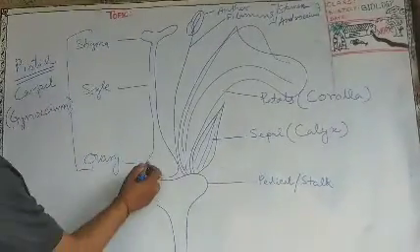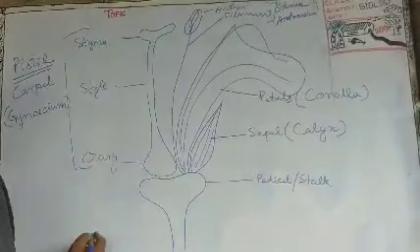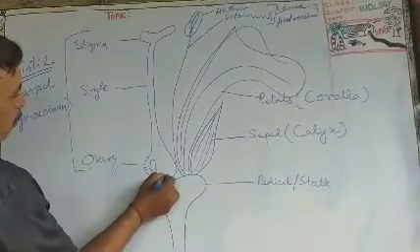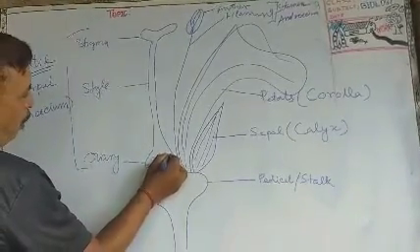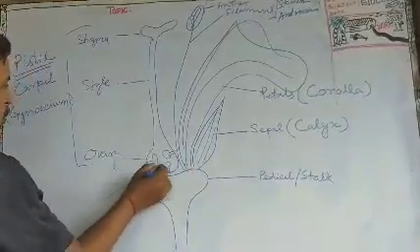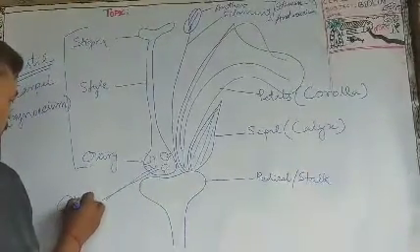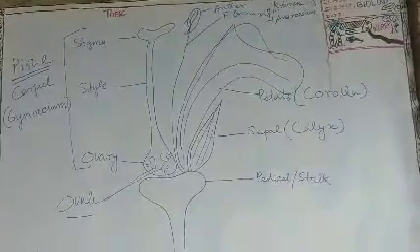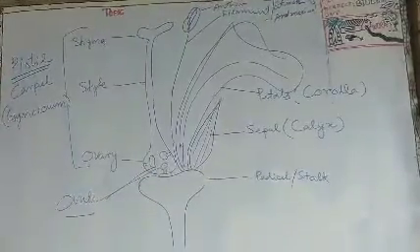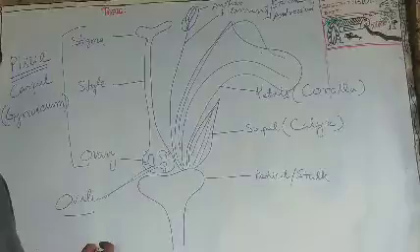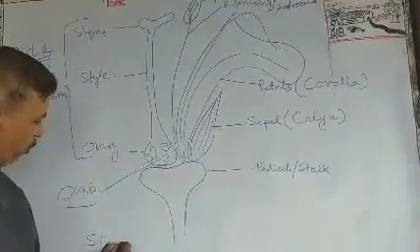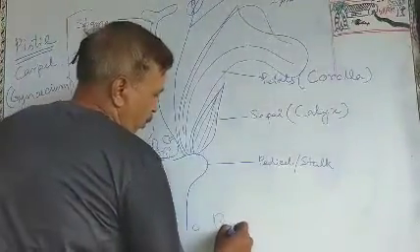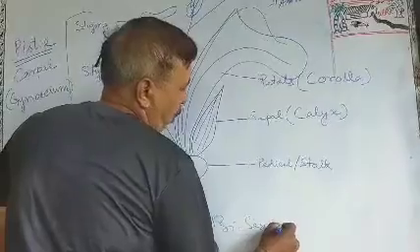When I elaborate this ovary, this structure ovary, what you see inside this ovary, you see other prominent structures present here. These structures are known as ovules. Ovule, right? Later on, after the process of fertilization, these ovules turn into seed. So this is the structure of a bisexual flower. S-T-R-U-C-T-U-R-E, structure of a bisexual flower.